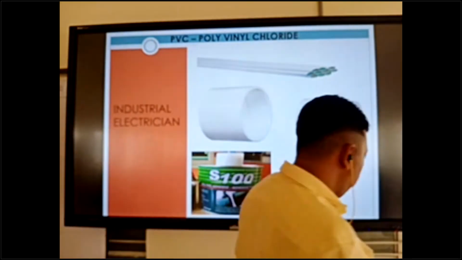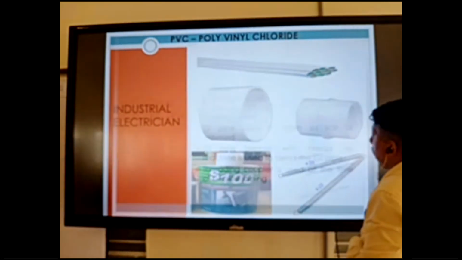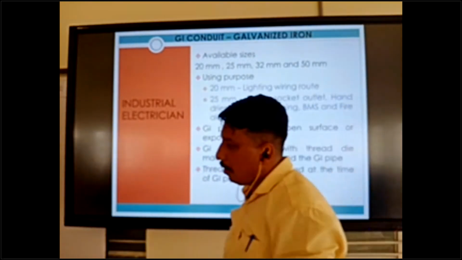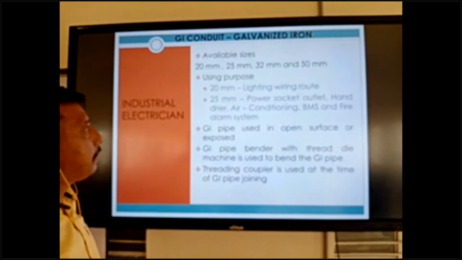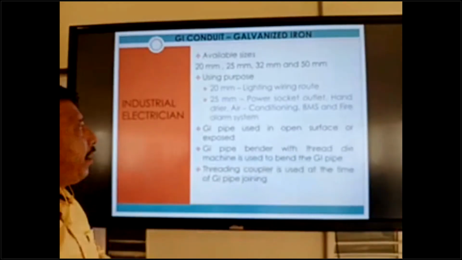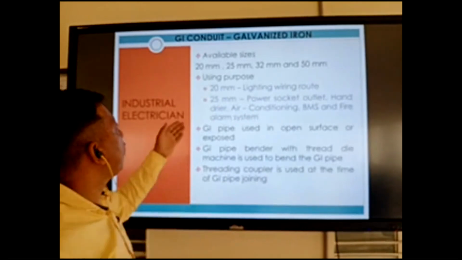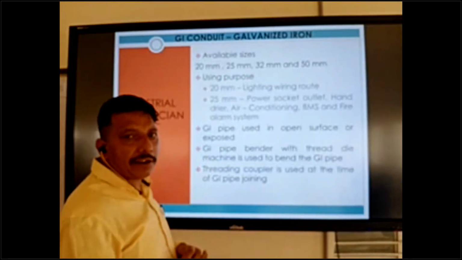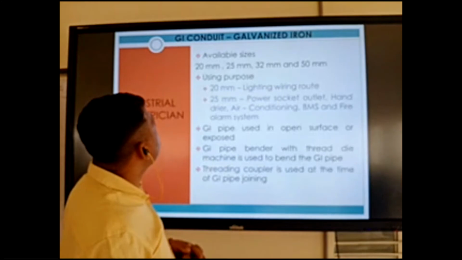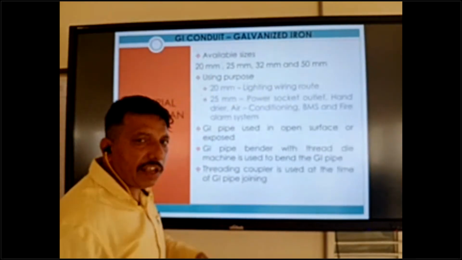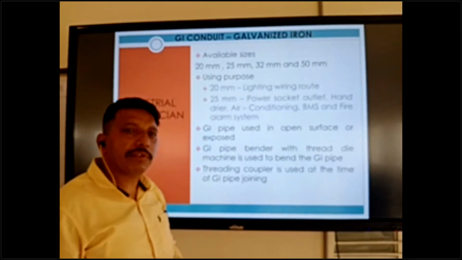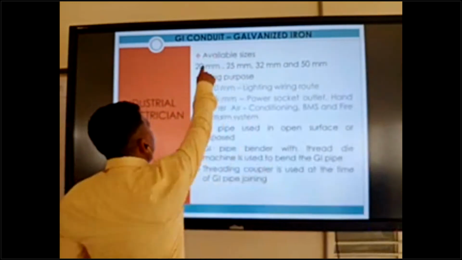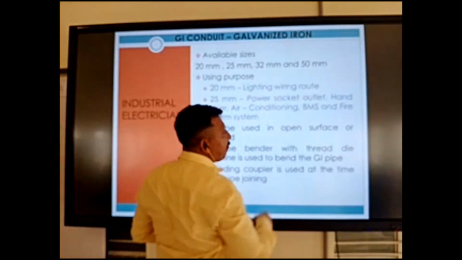Next one, GI conduit. One by one I will explain. PVC is complete, and now GI, galvanized iron. The available sizes are the same as PVC: 20, 25, 32 and 50 mm.